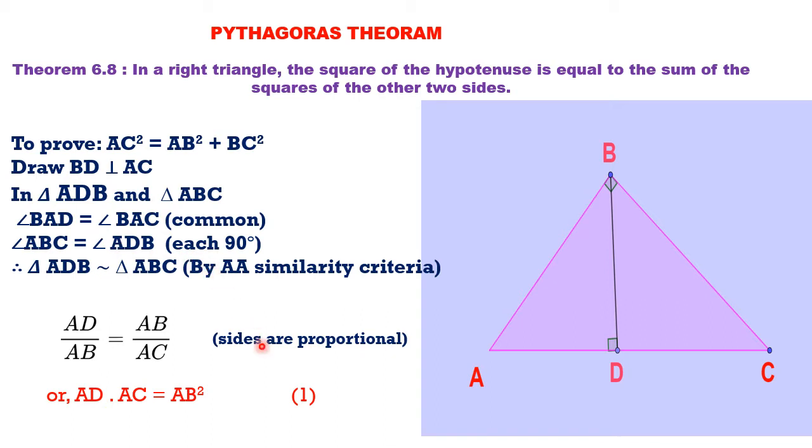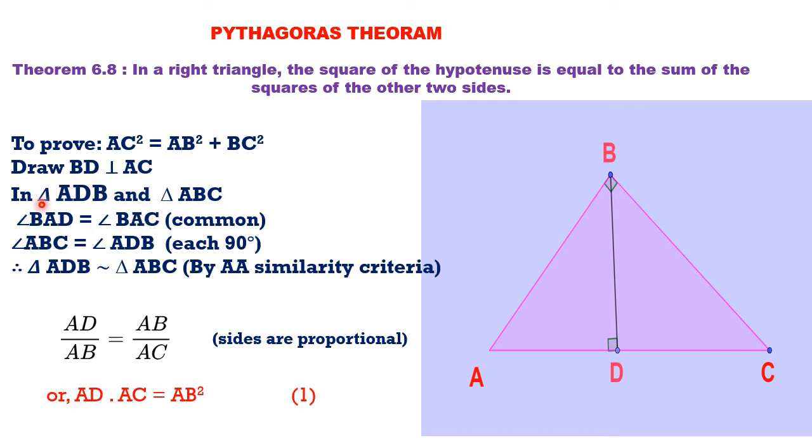The other pair where the angles are equal is BAD in the smaller triangle and BAC in the bigger triangle. Why are they equal? Because here A is common in both the triangles. Hence, being common, it is equal. So we can write BAD is equal to BAC, common. Angle A is common. And whatever is common is always written in the center. As you can see here, the center is A. Here also the center is A. It means both are having the common angle A.